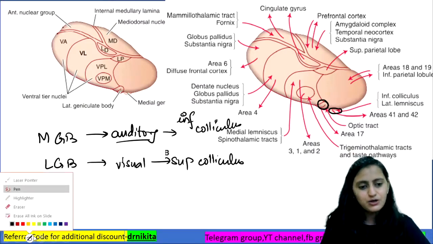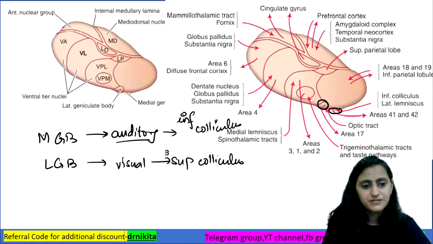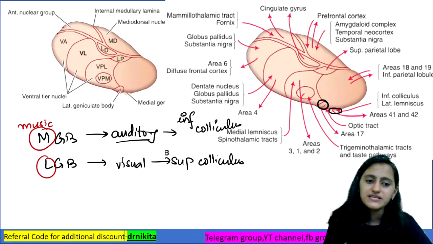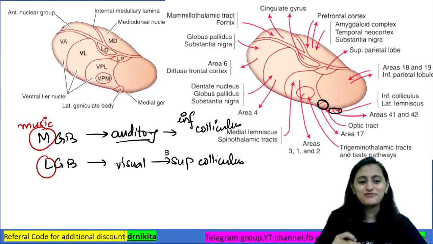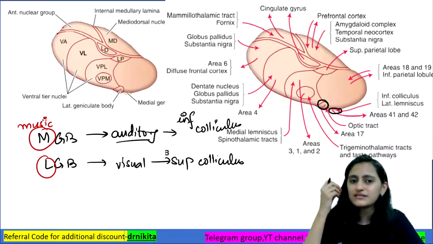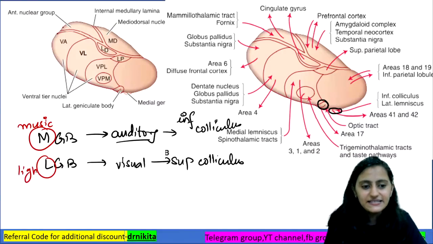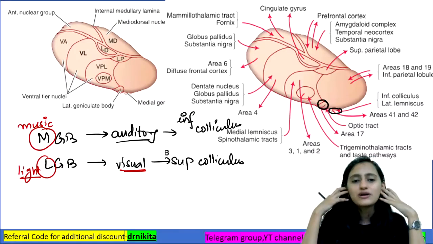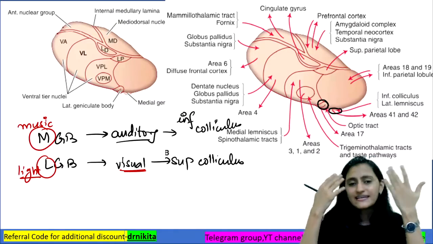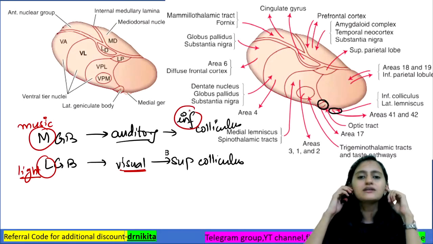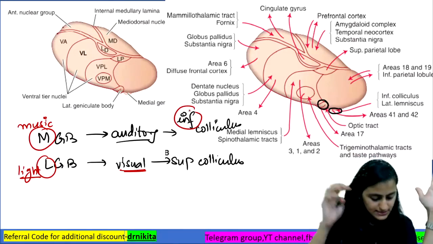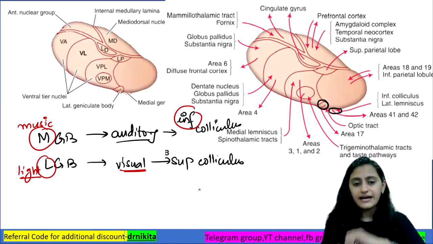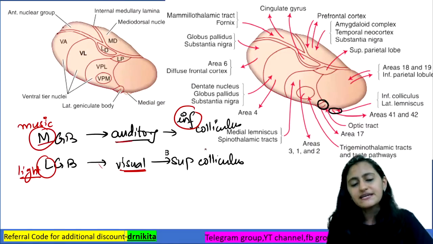Yes. So what are the cheat codes to remember this? Because we tend to get confused. So medial and lateral. Remember M for music, as rightly mentioned by one of the viewers here. Music is sound, so it is auditory. Lateral is light. L is light, so it is the visual. Eyes, ears, which is located inferiorly? The ears are located inferiorly, eyes are superiorly. So inferior colliculus is auditory and superior colliculus is visual. Clear with everyone? Right? So medial, auditory and inferior colliculus.